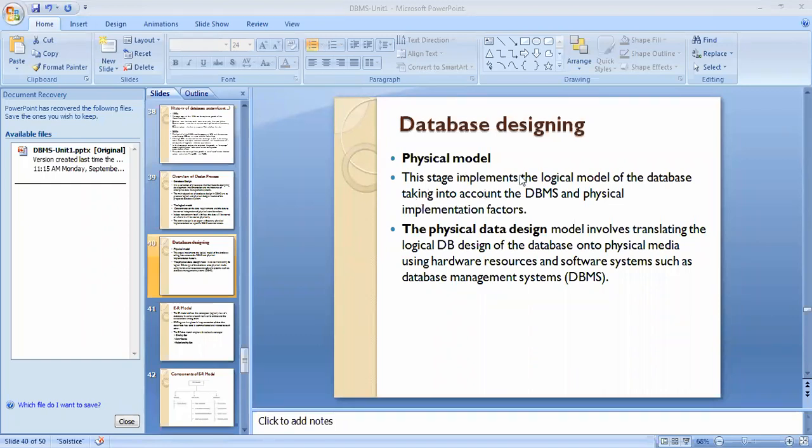In this case, it implements the logical model of the database, taking into account the DBMS and physical implementation factors. The physical data design model involves translating the logical database design onto the physical media using hardware resources and software systems, such as a database management system.